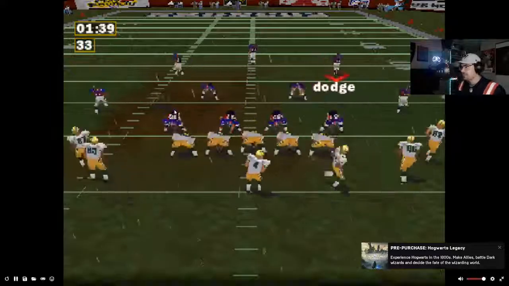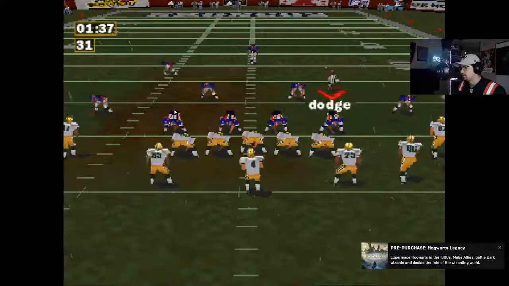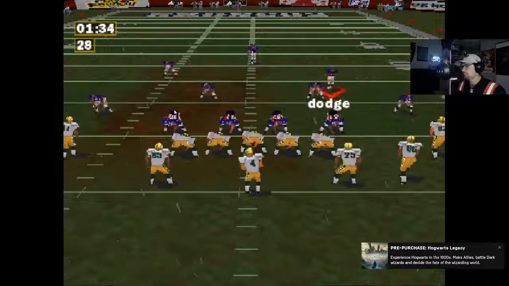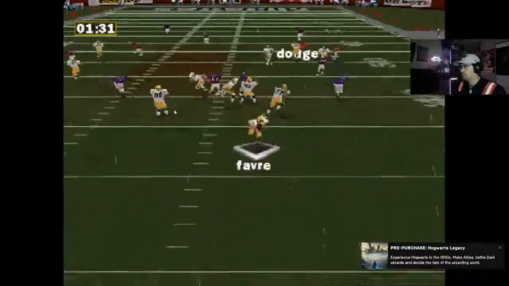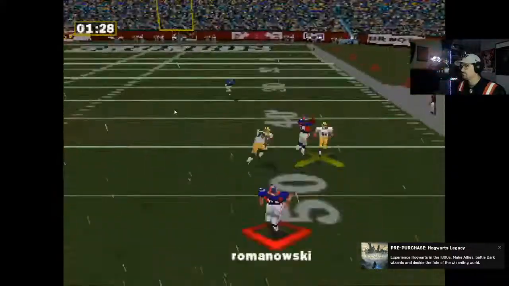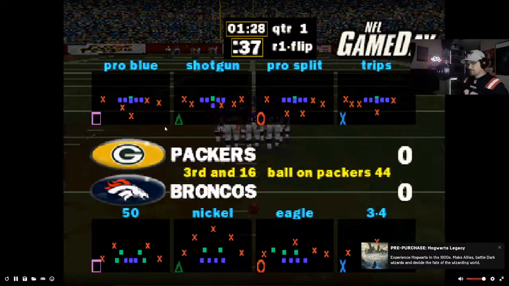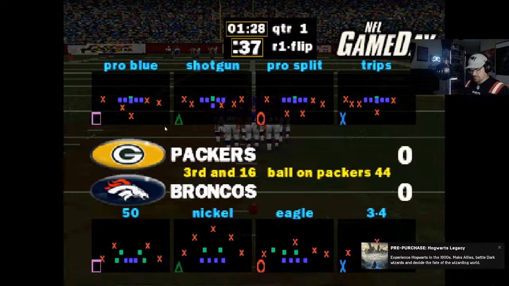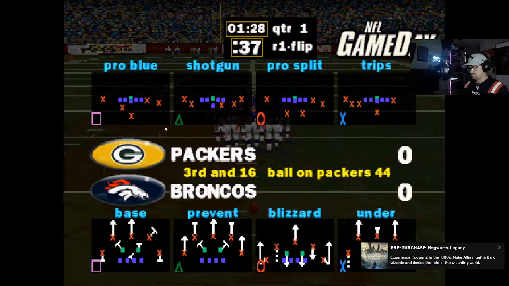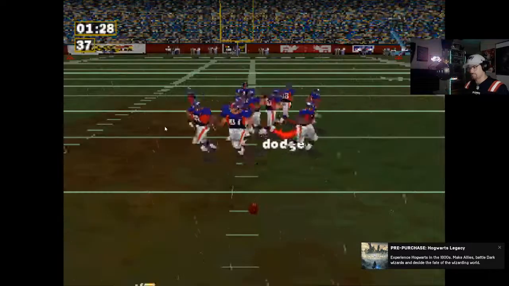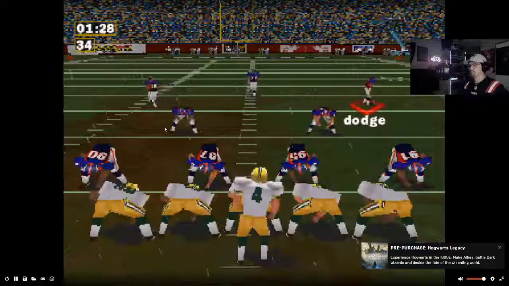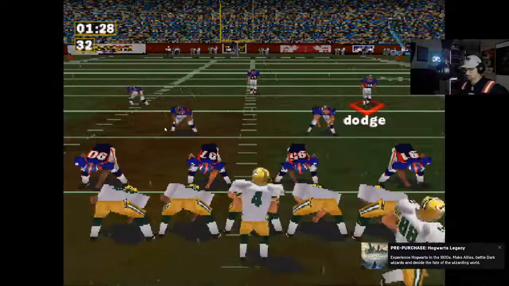By the way, there is no look at the home menu here. Incomplete pass. So we're gonna look at, triangle is A. Okay. Third and long.